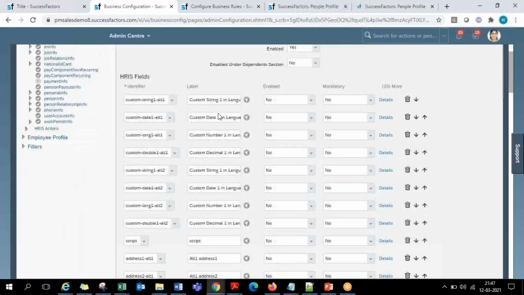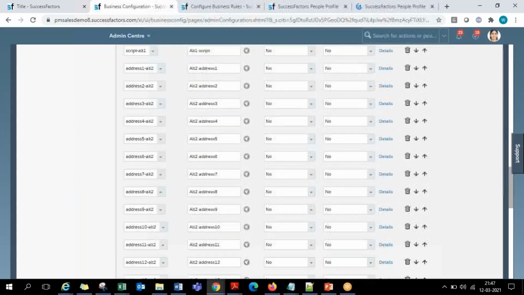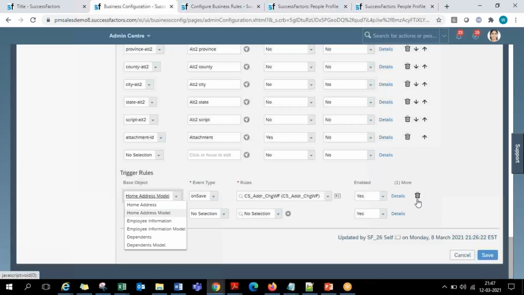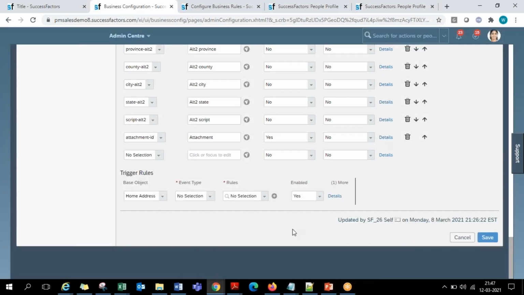But if you go to the extreme bottom at the portlet level, on the right hand side, you will have a place called trigger rules. Against any portlet, when you go here, the system will show you a place called trigger rules, guys. This is the place where, whatever rule you have created, if you want the system to trigger that rule, you are required to assign it here. Let me just delete these existing ones. So this is how it initially looks.